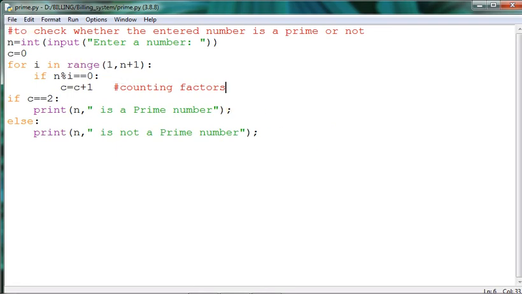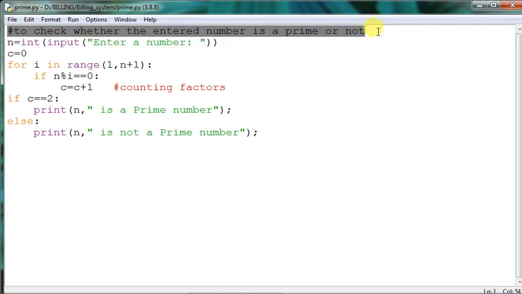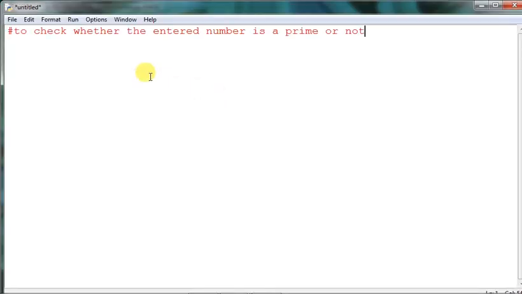Okay, now let us do the while loop. Let's see how it functions. So with the while loop the logic will be the same, but the format will be a little different. Now we are opening a new file and giving the same remark out here. Here we don't have the range function, so I am taking i equals 1 and c equals 0 as usual, which we take for counting the factors.